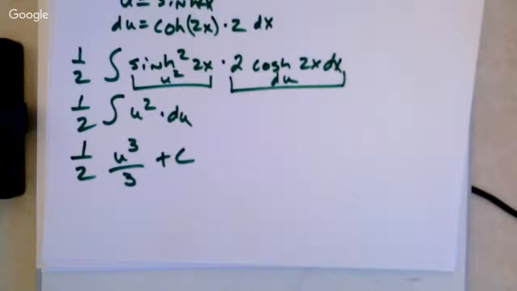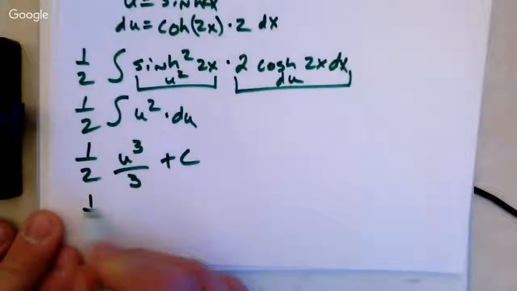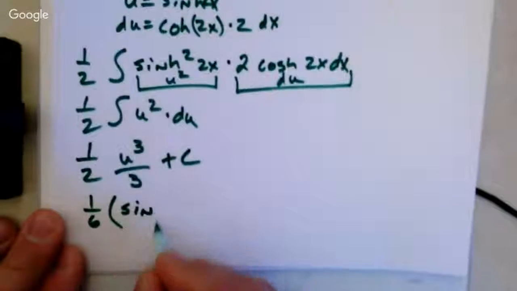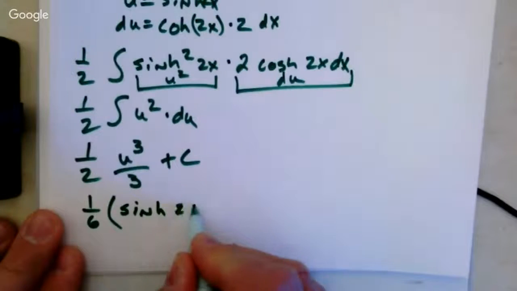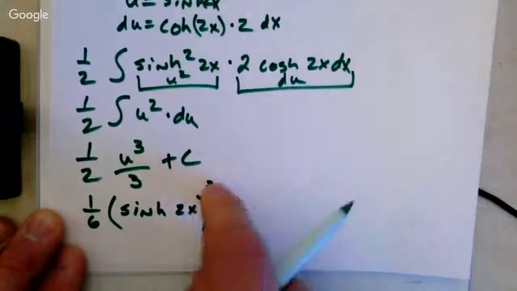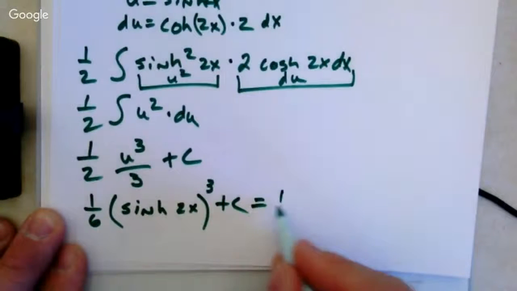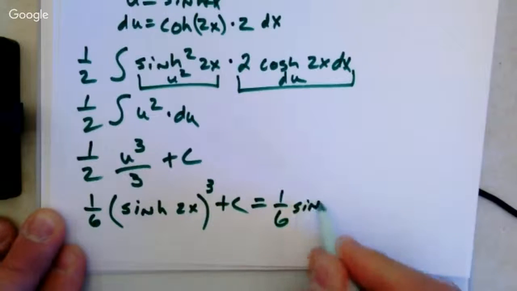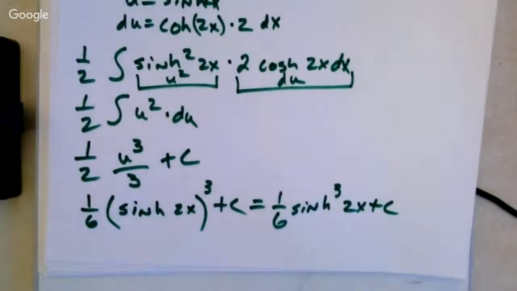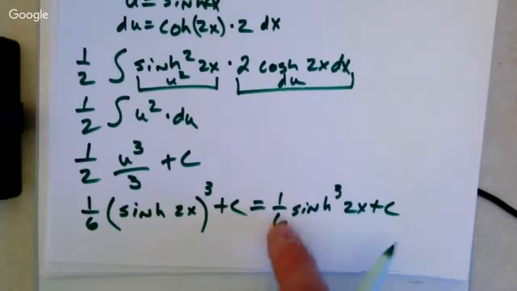How do we get back to x, though? Substitute in, multiply through to get 1/6. U was equal to sine hyperbolic of 2x, whole thing cubed plus c, or you could bring that cubed in there. Either answer. To be honest with you, I think the multiple choice would probably have that answer, the second one, but